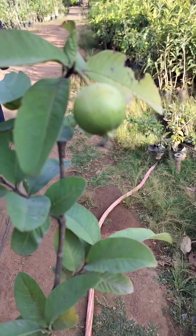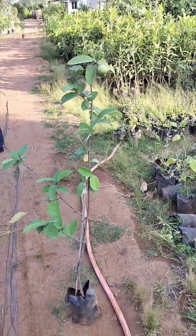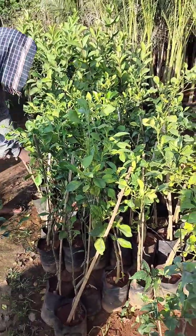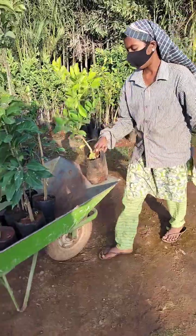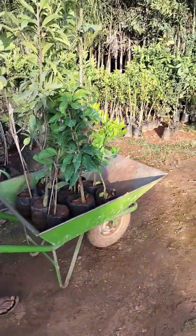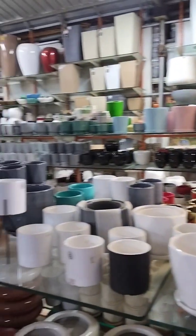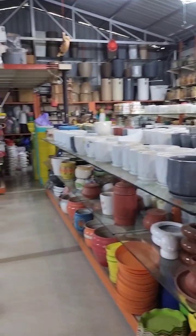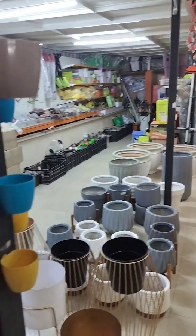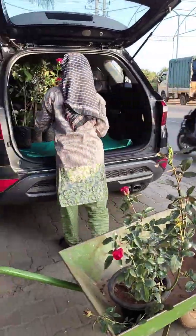This is a lemon plant. A lady was helping us. These were the plants which we bought. These are pots, sure. And we took all these plants